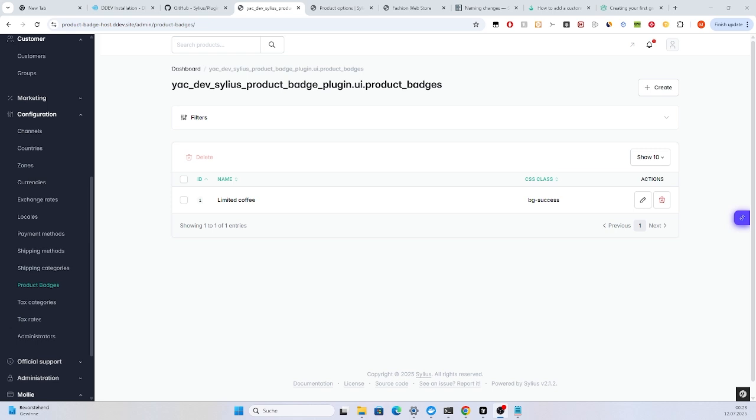So in this episode, I'd like to talk about the Twig Hooks. As I've mentioned in the last video, this is a new feature by Sylius, and it makes it easy to extend the templates or change things in the UI. So let's dive into it, guys. So let's start implementing